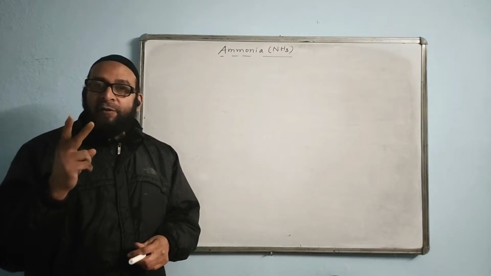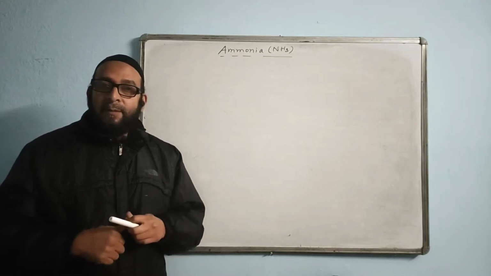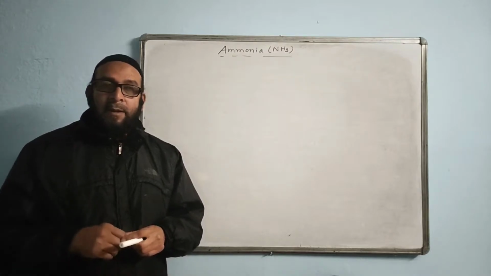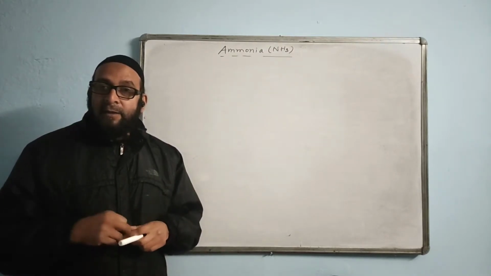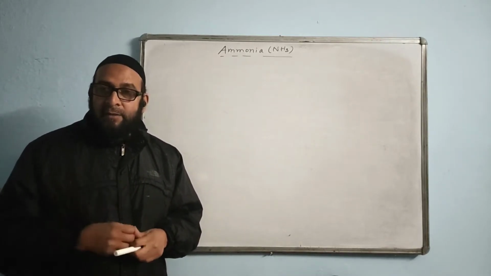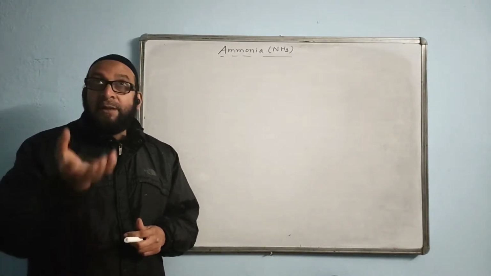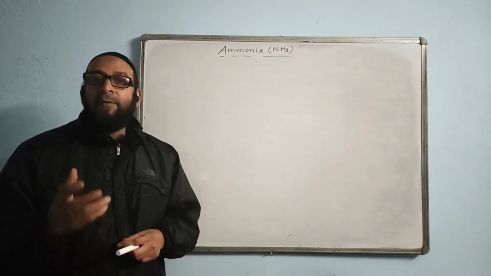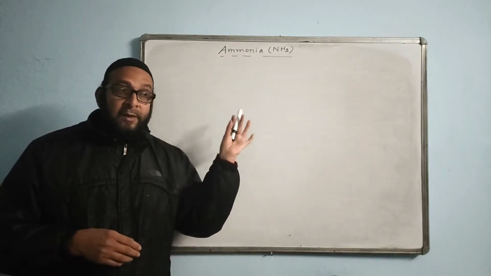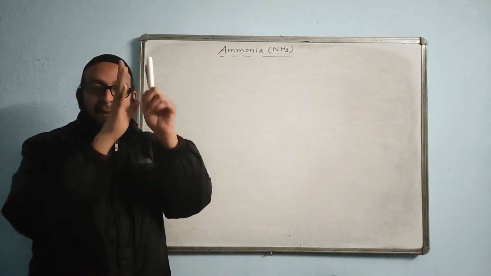Ammonia differs from the other gases in two respects. Number one, it is an alkaline gas, and the other gases which you have in the syllabus are all acidic. Secondly, this gas is lighter than air, remember it. All the other gases in the ICSE syllabus are denser than air. They will be going down and the air will be displaced in the upward direction, so we call it upward displacement of air. That means other gases are collected by the upward displacement of air, whereas ammonia gas is collected by the downward displacement of air, because the ammonia will be climbing up and the air will go down.